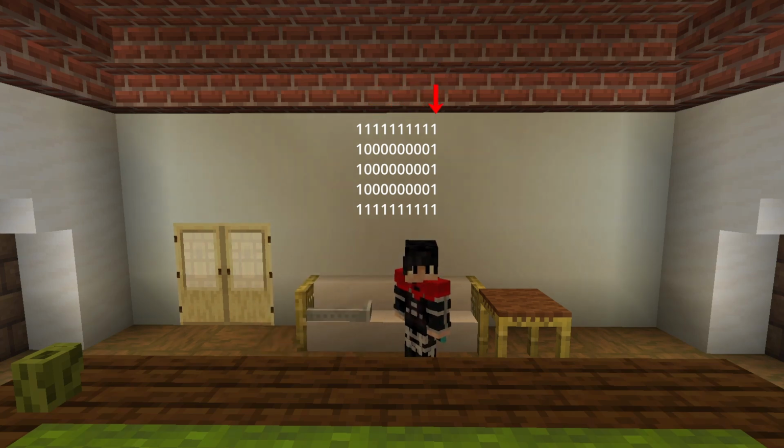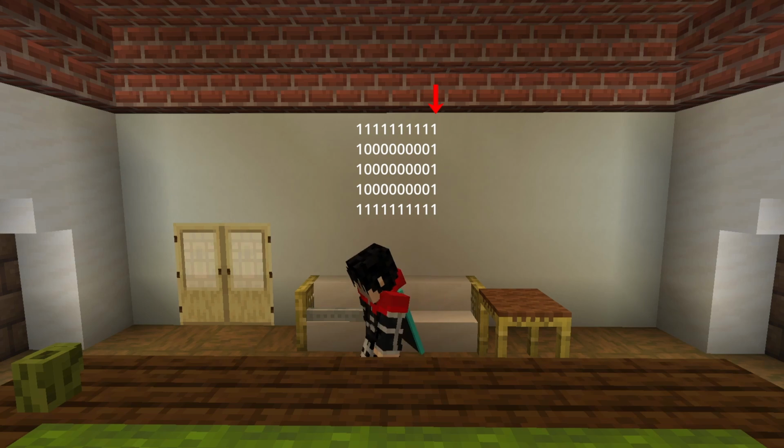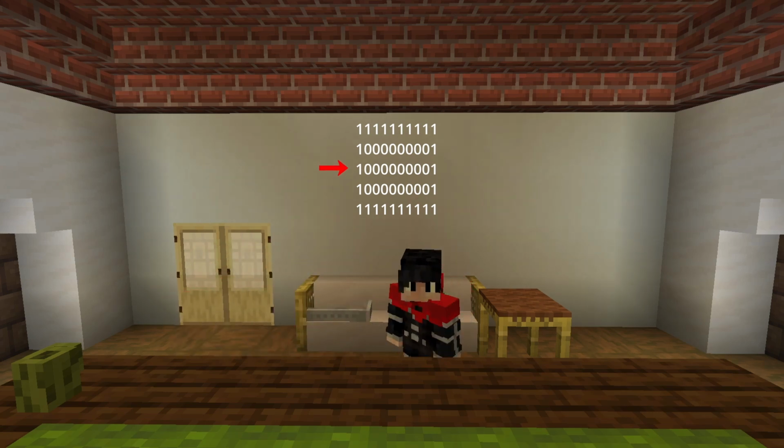When we come to the last one, now we know the width of the room. Then we need to repeat this process for the height. And in this way, right now we know the width and the height, but